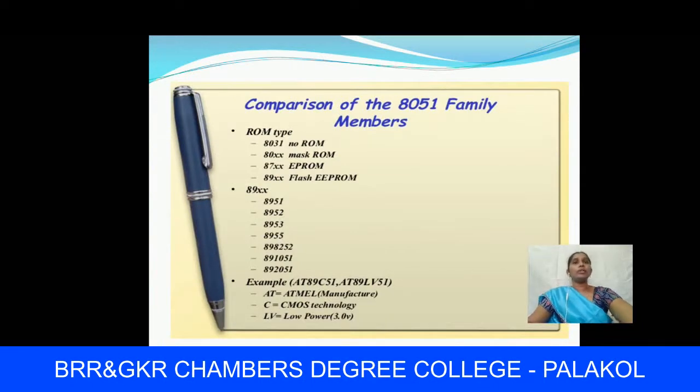Next, coming to the comparison of the 8051 family members. These topics were already covered in our video number 1, but again I will tell you, because these are very important from the point of view of your technical exam. So that's why I am discussing these two points again. Okay, so the RAM based